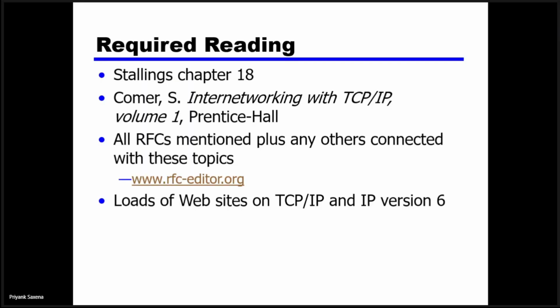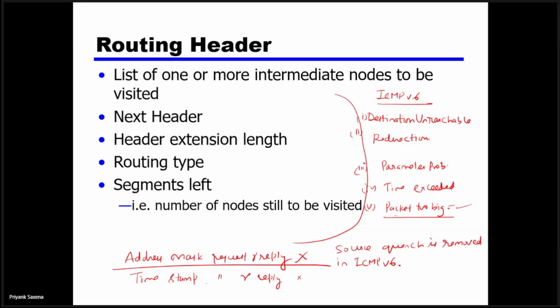So then there is an ICMP version 6. As we were discussing with IPv6, there is an ICMP version 6, because IP, as you know, doesn't provide any guarantee of delivery, no error, no flow control. So as usual, it provides the best effort service, and to report problems in the network or to generate feedback, right? Whenever something wrong happens in the network, in terms of messages,